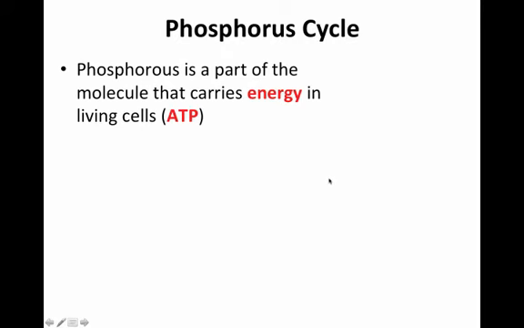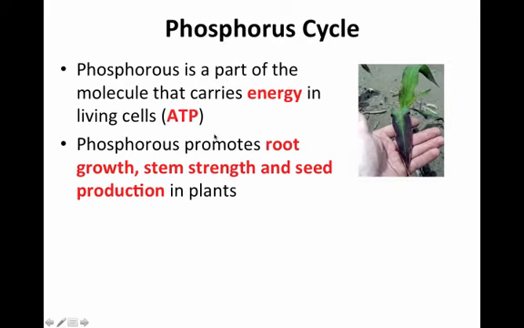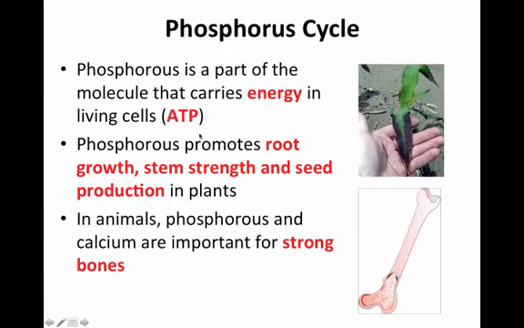So phosphorus is an important part, just like all the other nutrients. It's an important part for all living cells, and specifically, phosphorus is associated with our main energy carrier. Our energy in living cells is known as adenosine triphosphate, so there's that phosphorus that belongs in this energy molecule. In plants, phosphorus promotes root growth, stem strength, as well as seed production. In addition to being an energy carrier in animals, the phosphorus, along with calcium, is also really important for strong